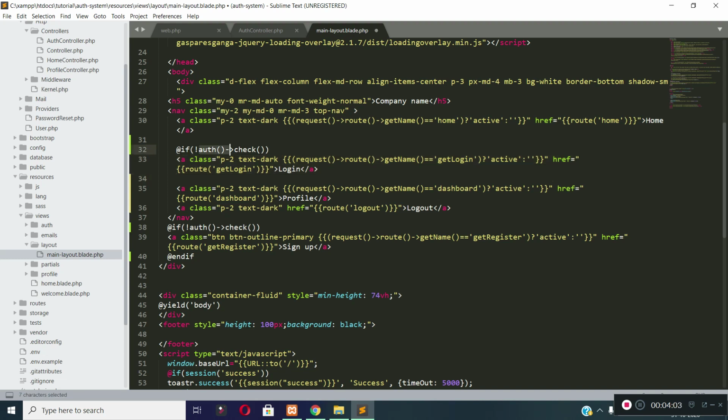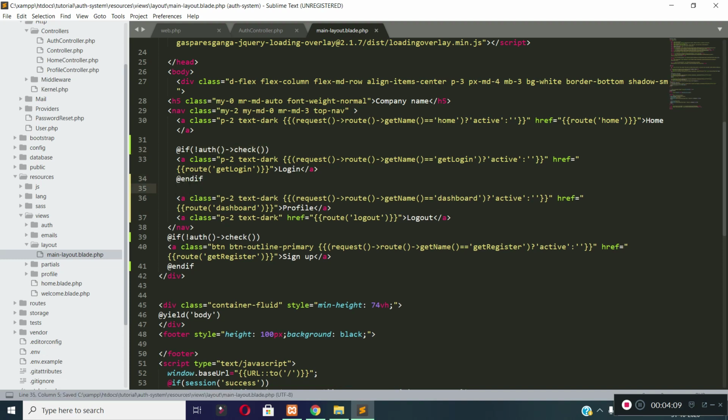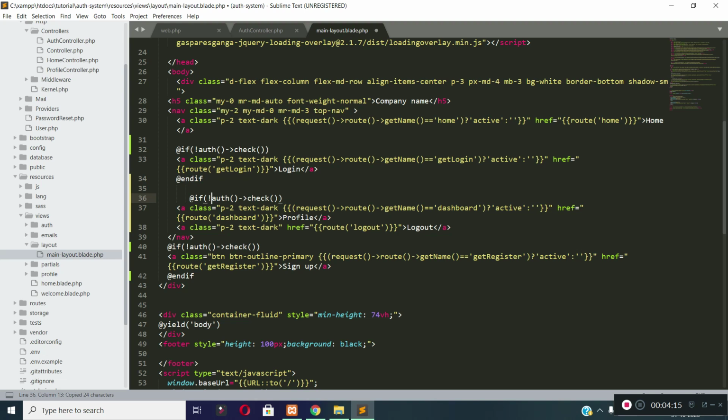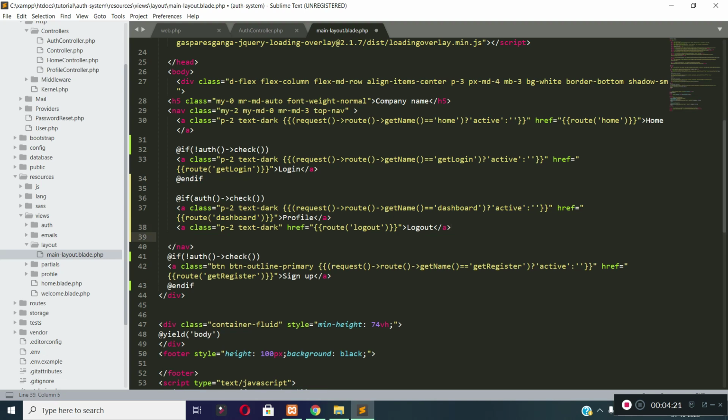Actually auth check returns true if the user is logged into the system. And for profile and logout buttons, I will check if auth check, I mean if the user is logged into the system, then I will display this profile and logout button.